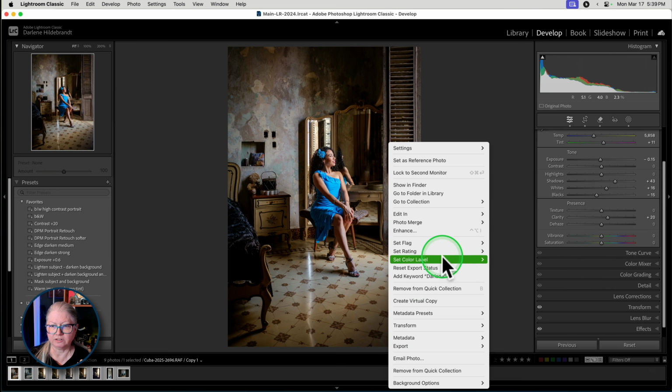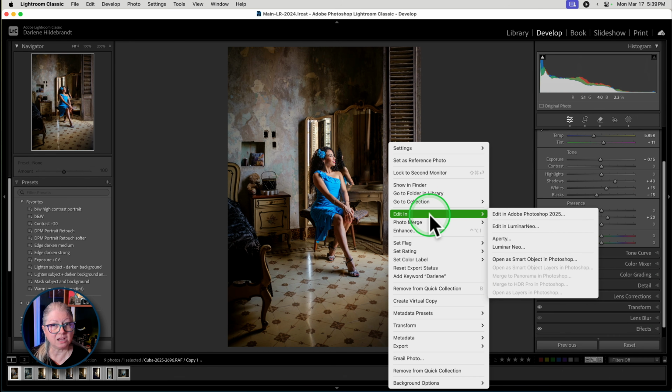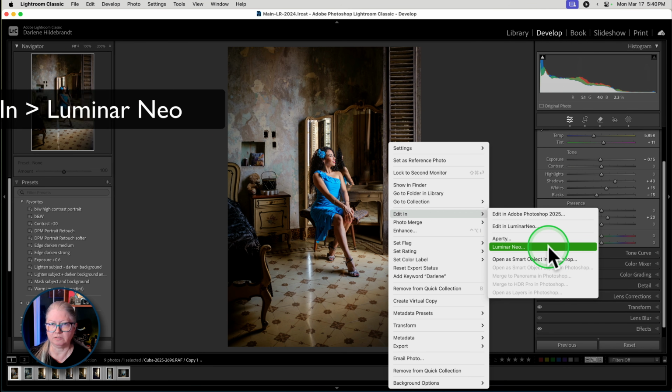The third way to open Luminar Neo as a plugin is actually to use Photoshop as an intermediary step. So you can open the image as a smart object in Photoshop, and then from Photoshop, open Luminar Neo as a plugin there. So let's take a look at all three of those methods, starting with Edit in Luminar Neo,